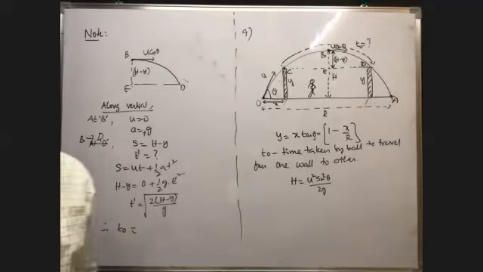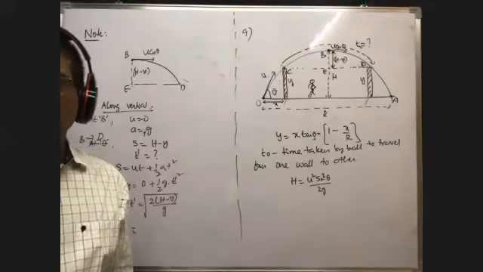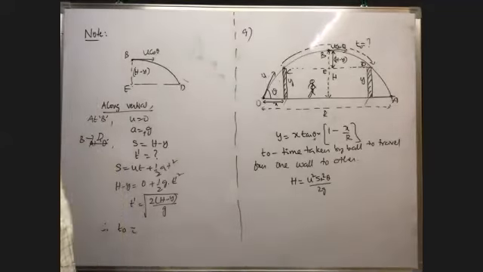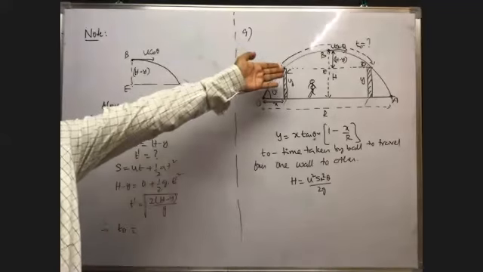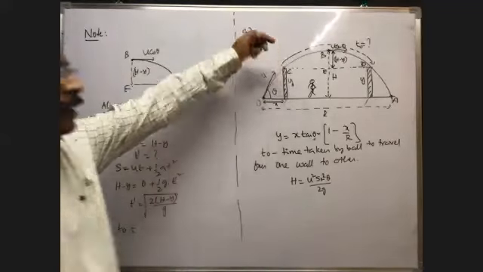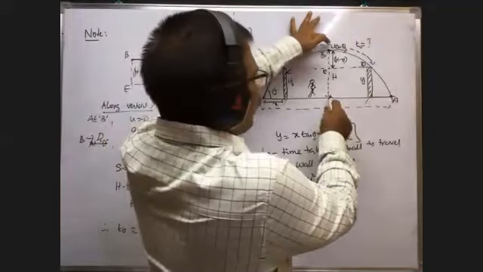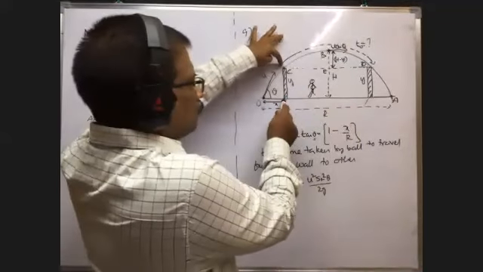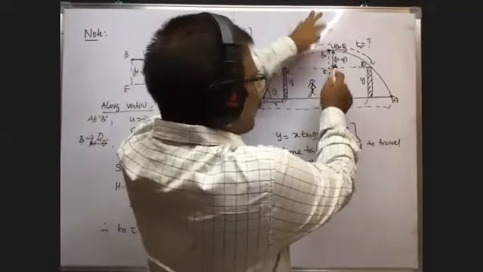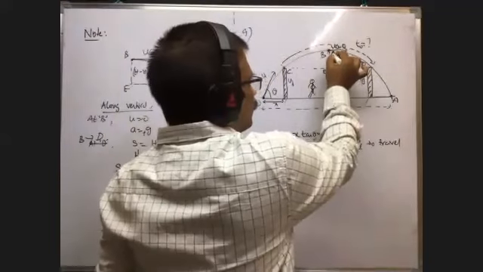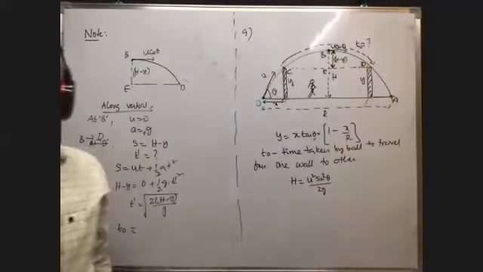t naught is equal to... H minus y, how is it? Geometrically, you see the diagram there. The maximum height reached by the projectile is capital H. The height of the wall is this one. Then this distance is how much? I clearly mentioned with arrow marks also, like this: H minus y.